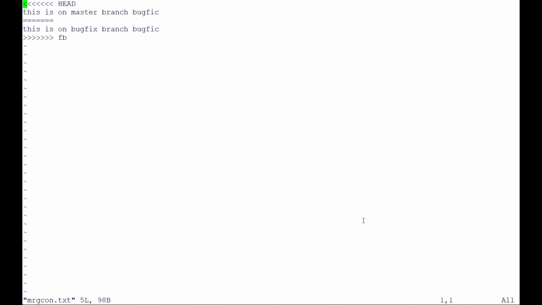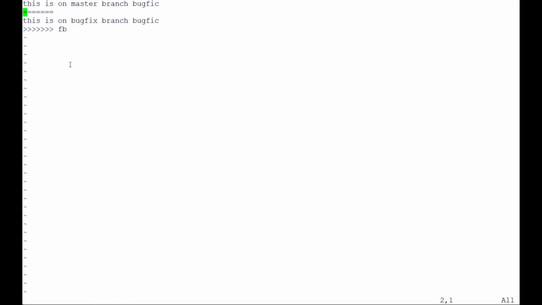You can see both the contents. You see the two branches, the head branch and the feature branch. If I don't want something, you can put some comment there, like you are working together from two teams, and you decided